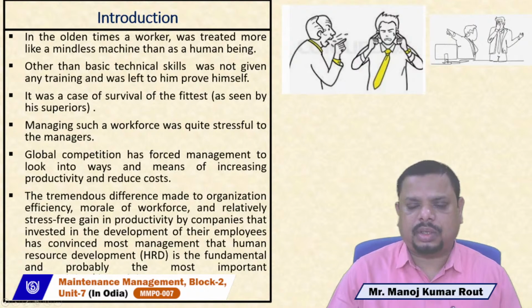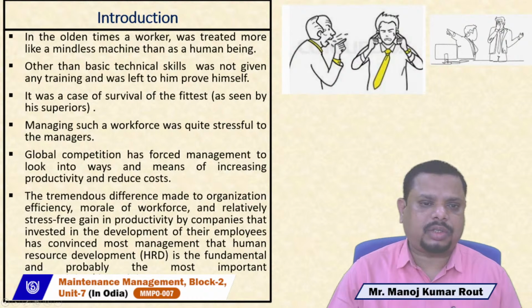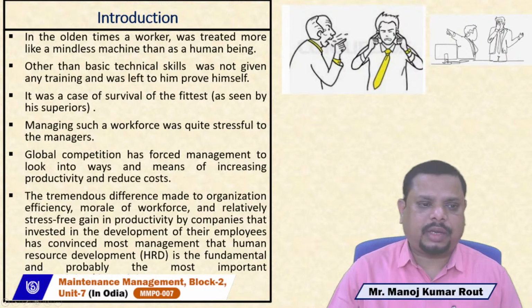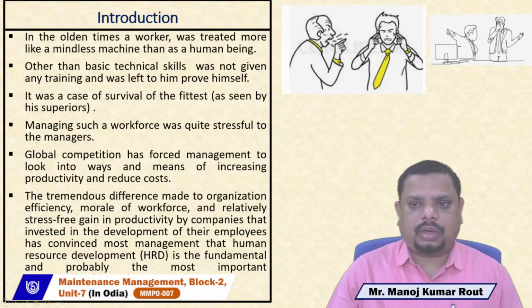In most cases, if you recall the scenario of Industry 1.0, 2.0 or 3.0, the worker proved himself in providing respect for maintenance. Those who upgraded their skills by learning themselves survived as the fittest, as seen by supervisors or superiors. In that case, the supervisor would recognize the employees in such a way that they would show a higher degree of dedication to maintenance-related work.